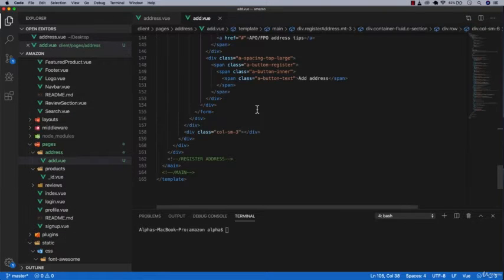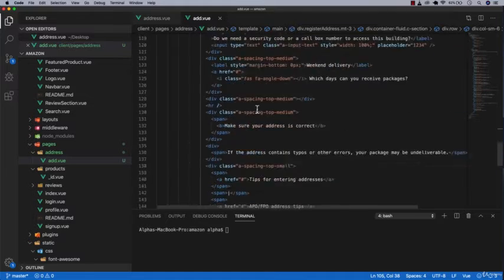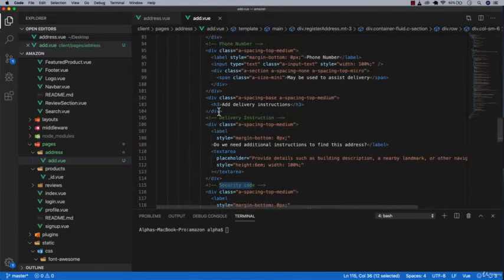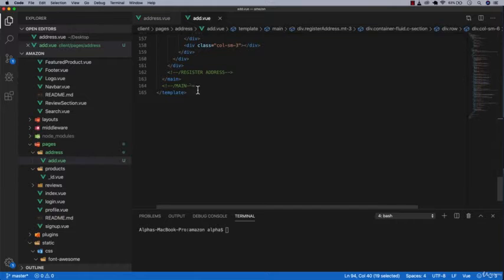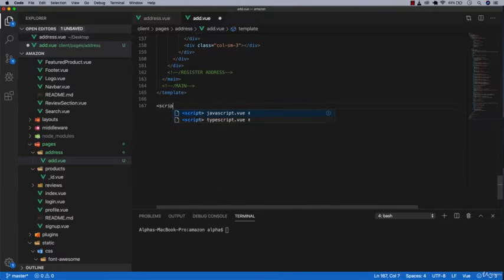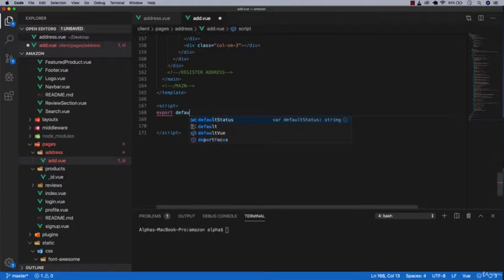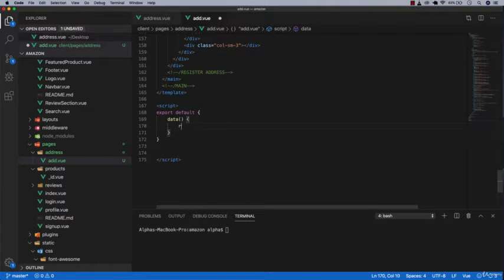I have left a lot of notes to navigate between different input fields. So security code, delivery instruction, phone number, and etc. Now let's add the model data and map it to the input fields. So let's go down and open a script tag, and then here you want to type export default, and then here data, and then return